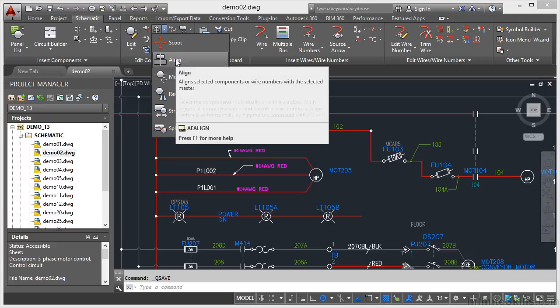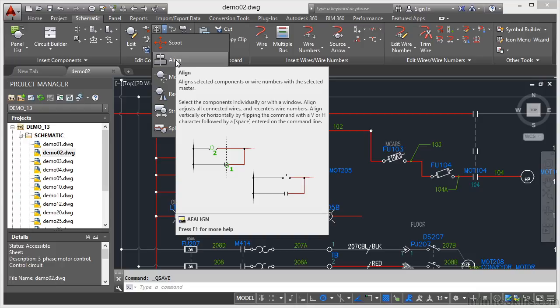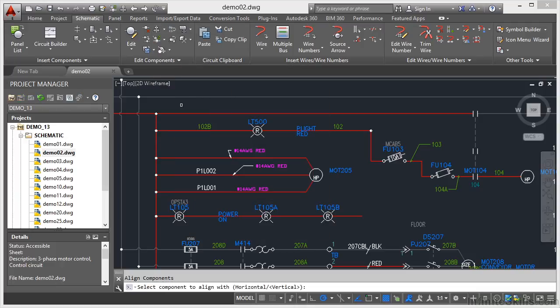I can align the selected components or wire numbers with the selected master. So if I click on Align now, the first prompt I get is to select the component to align with. Now you can align both horizontally and vertically. You'll notice down there on the command line in the little brackets that vertical is the default. Dynamic input is off at the moment. If I switch dynamic input on,